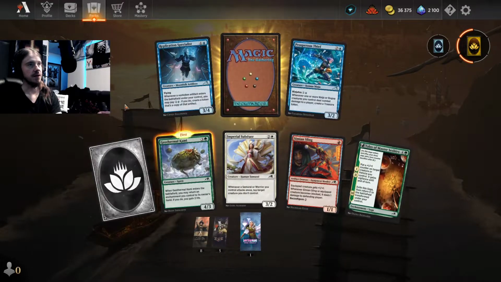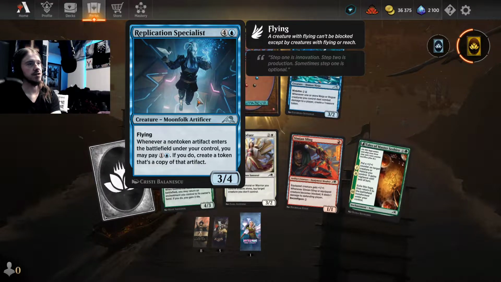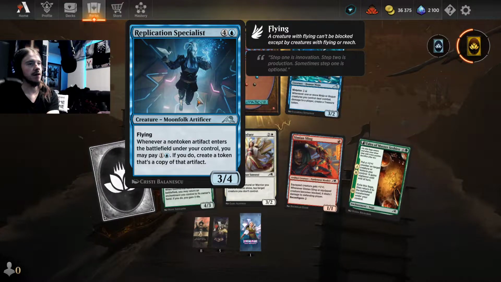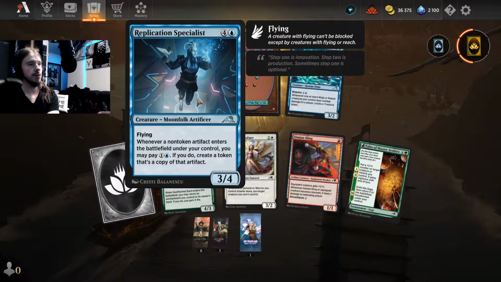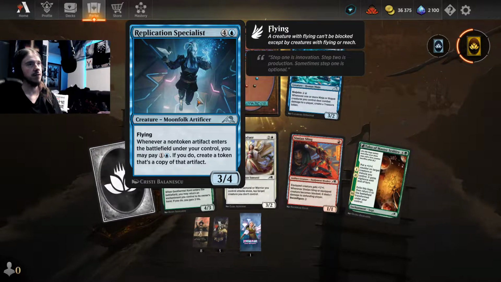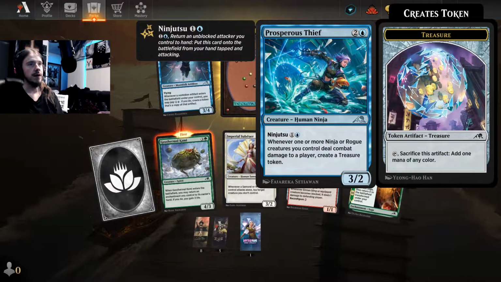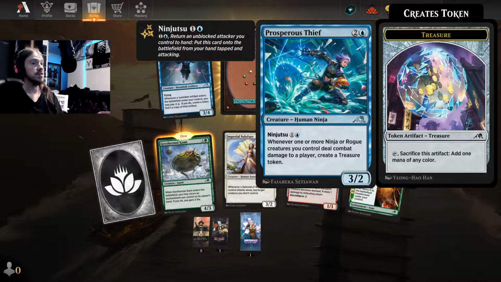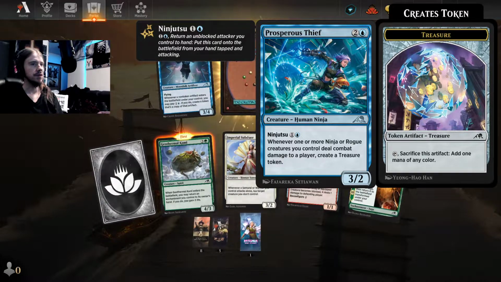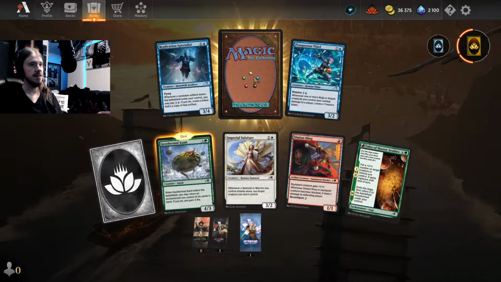If you do, you gain 3 life. Common wild card. Blue Replication Specialist, 5 mana, creature, Moonfolk Artificer, flying. Whenever a non-token artifact enters the battlefield under your control, you may pay 2 mana. If you do, create a token that's a copy of that artifact, 3 and 4 creature. Blue Prosperous Thief, 3 mana, creature, human, ninja, ninjutsu, 2 mana. Whenever 1 or more ninja or rogue creatures you control deal combat damage to a player, create a treasure token, 3 and 2 creature. And the main card is